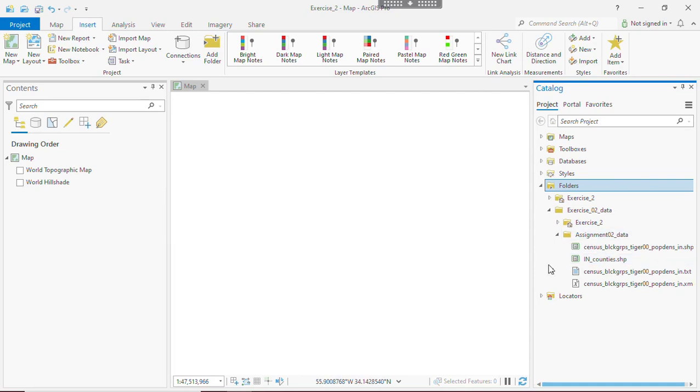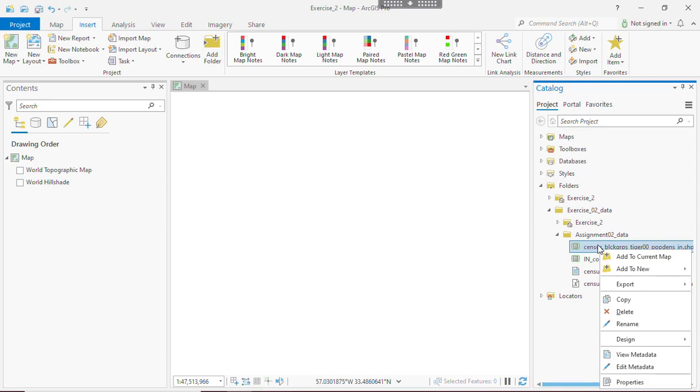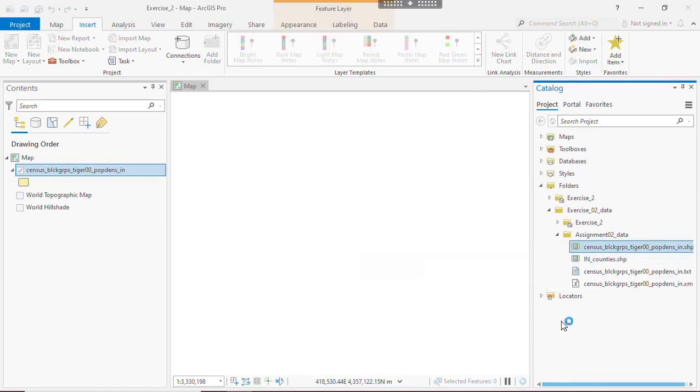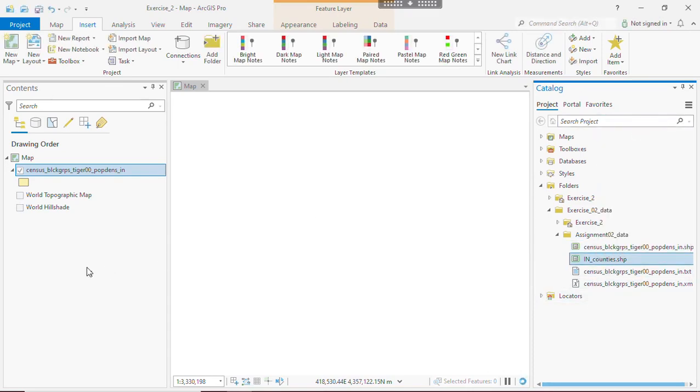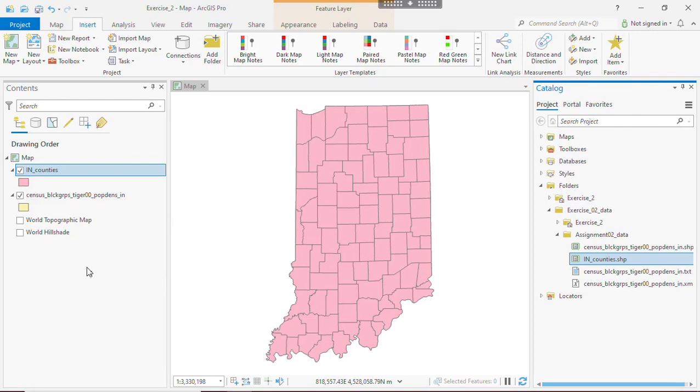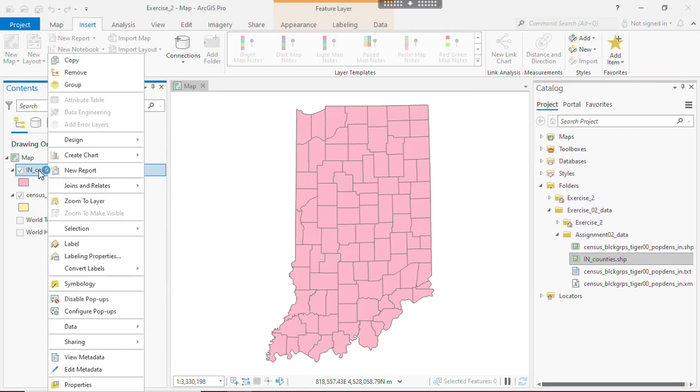That's the Indiana County shapefile and then the census block groups file. So let's add those to the map by right-clicking on them and saying add to current map. We'll also do that for Indiana counties. All right, now we can start adding stuff to our map. Let's create a choropleth map of the counties for population density. I'll right-click on the Indiana counties,